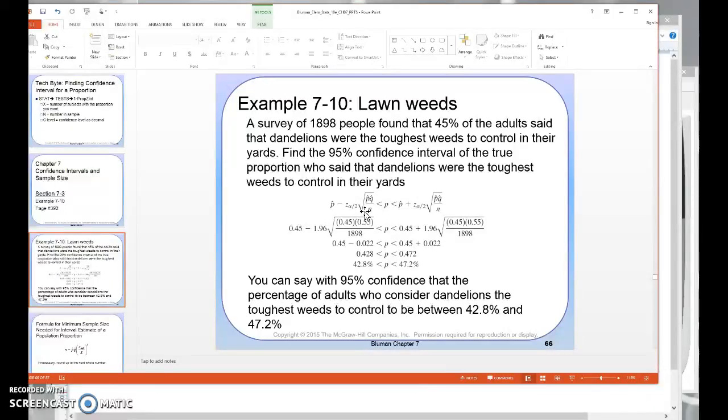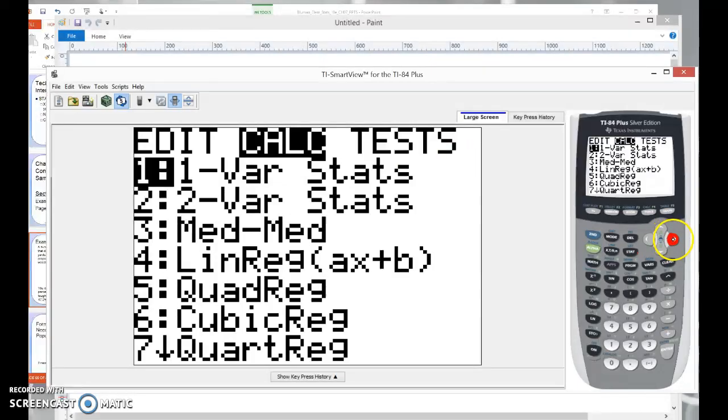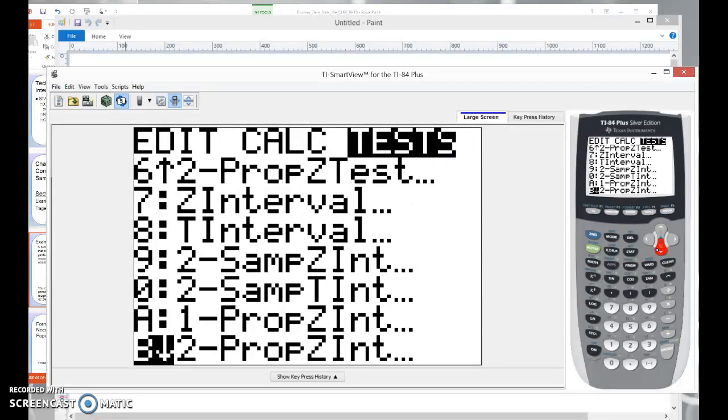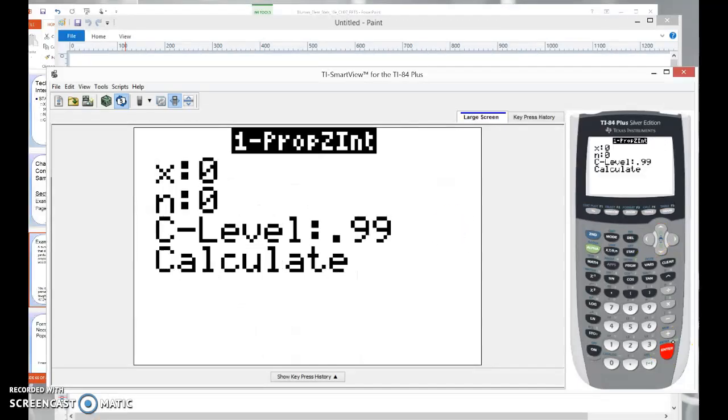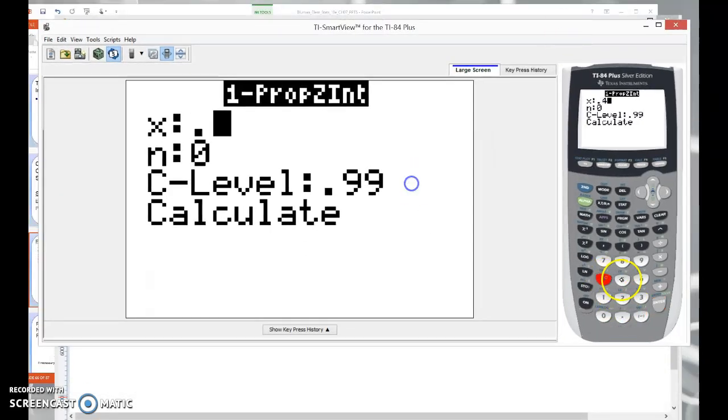We can enter this into the calculator, go under Stats, and then we're going to go over to Tests, and we're looking for that 1-PropZInt. You may have to scroll down a little ways to find that. It's right here under alpha A. Select Enter. Our X value, that's that proportion that we wanted to know. Since we knew it was 45%, I'm going to take 0.45,